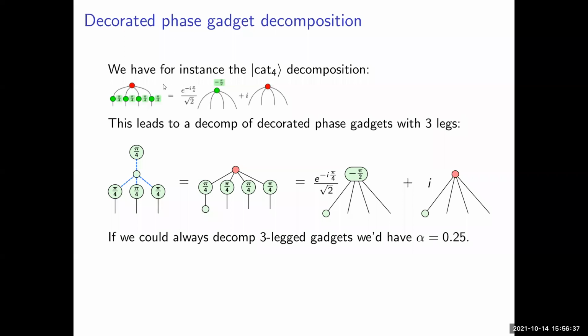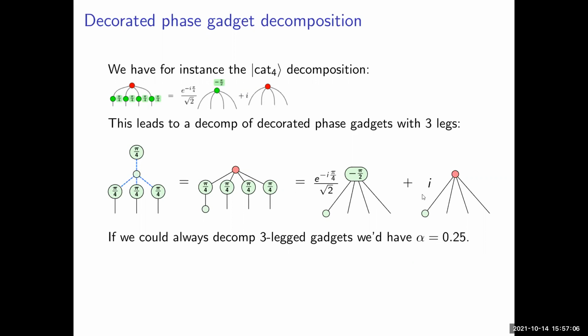Because if you think, for instance, about the cat4 decomposition, so this has a 4 to 2 decomposition. Well, this cat4, well, if you have a phase gadget with 3 legs, we can see this as a cat4 that's sort of post-selected on 1 leg, okay? And so this means we get this 4 to 2 decomposition. So whenever we have a phase gadget with 3 legs, we can decompose this into 2 terms. And this means that as long as we have 3-legged gadgets, we actually have this effective alpha of 0.25, so